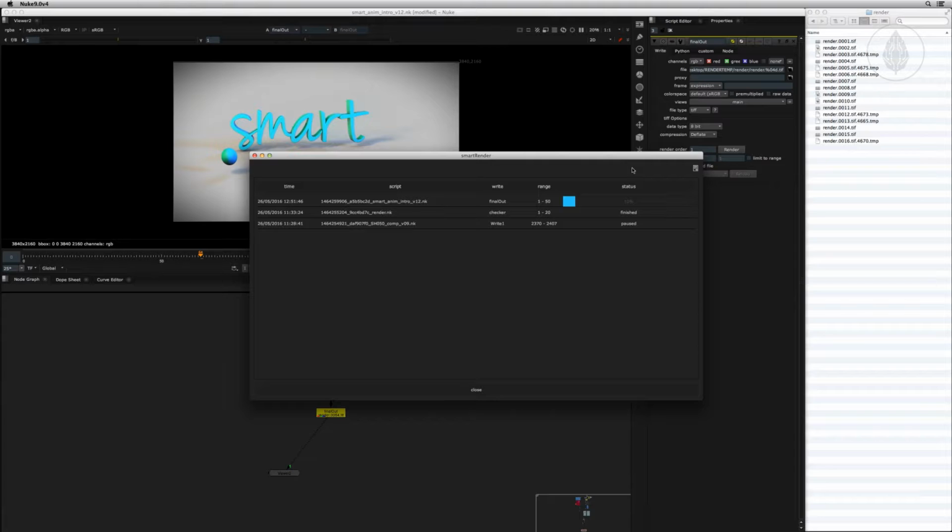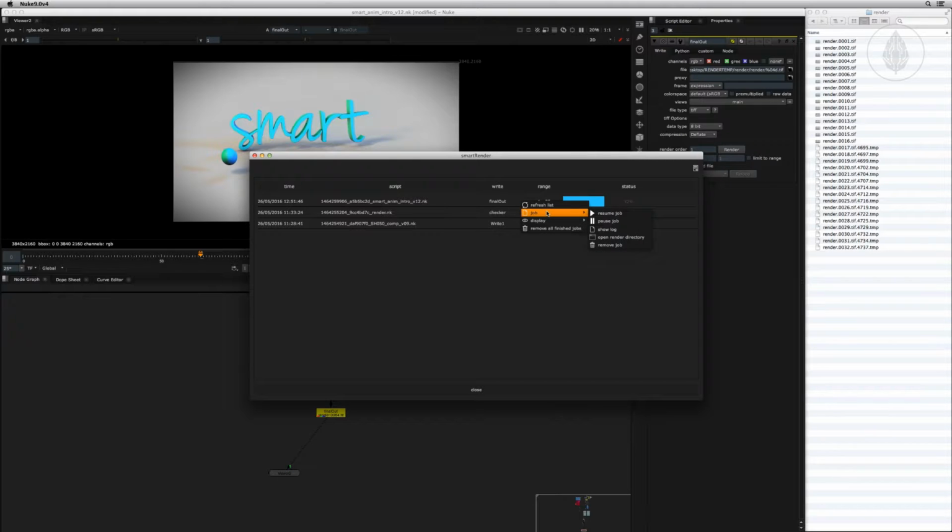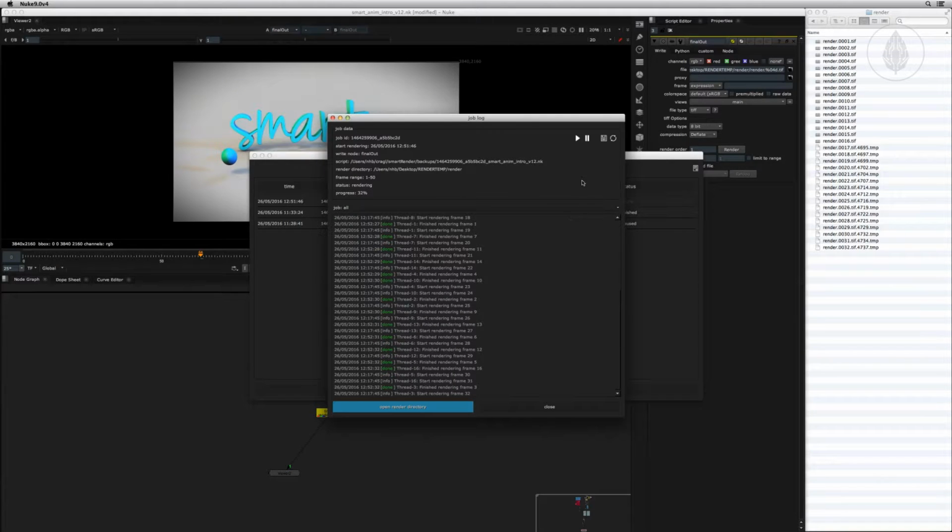The job history shows you the most important job details as well as the render progress. Right-click the job. The job history will be refreshed automatically, but you can also do that manually in here. Let's navigate to Job, and in here you find some job-specific actions. You can pause and resume a rendering and change the job's thread count on the fly, even if it's rendering at the moment. In here you can view the log for the specific job, which includes all job details, as